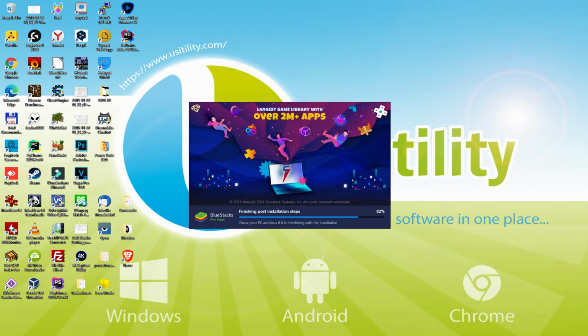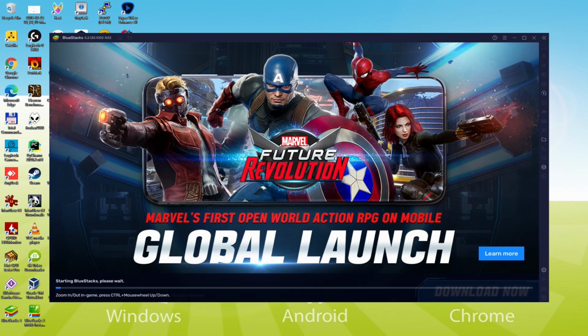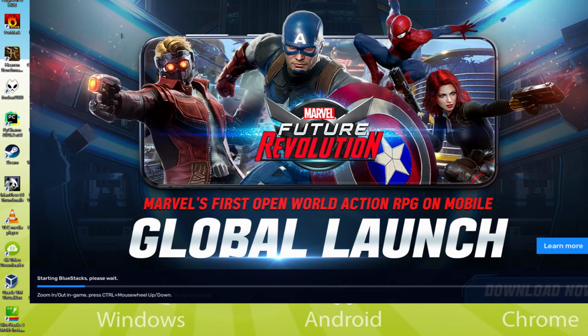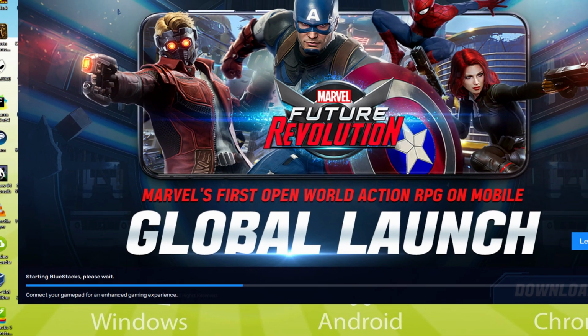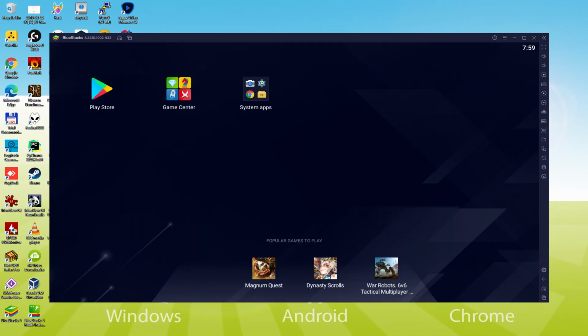The installation has already finished for me. At this point, the emulator has actually been launched successfully. As you will notice, at the bottom of the screen, there's a progress bar which will advance to the right, and when it actually reaches the end, the emulator is going to be launched for the very first time. The reality is the emulator is already launched there for the first time.